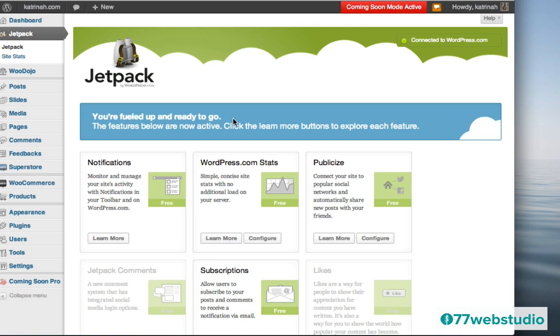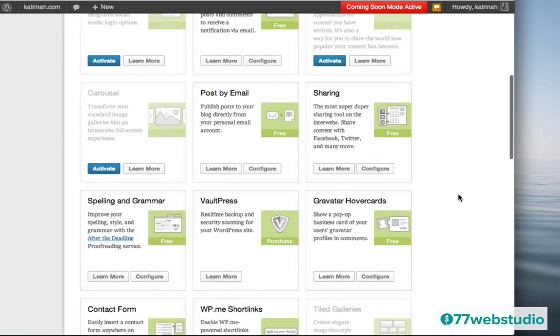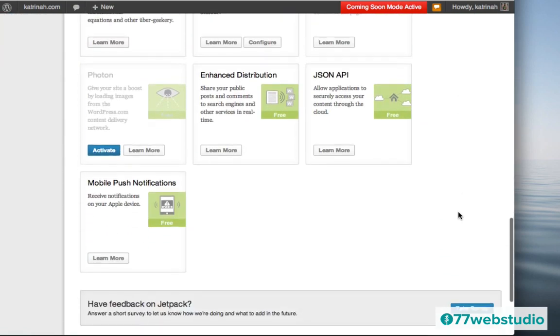Okay, you're fueled up and ready to go. The features below are now active, so click the Learn More buttons to explore each feature. So the cool thing about Jetpack is that with Jetpack you get a number of different features that you can add to your website to enhance the functionality of your website. So when you scroll down, you can see all of these different features that you can now add to your